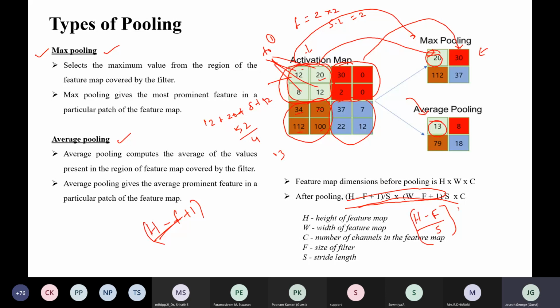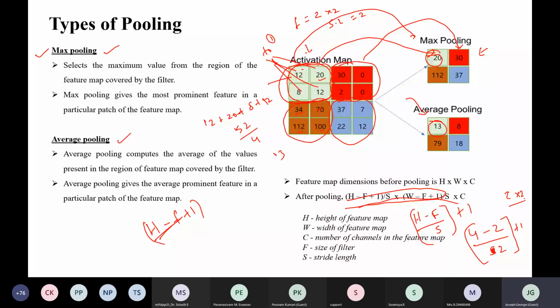Here in this case, the value of h is 4, the filter size is 2, and the stride length is 2. So you get (4 minus 2) divided by 2, which is 1, plus 1, which is nothing but 2. So you will get a 2 cross 2 output activation map.